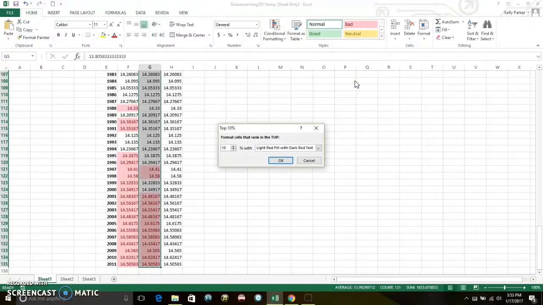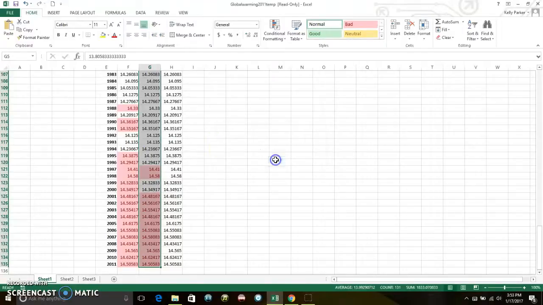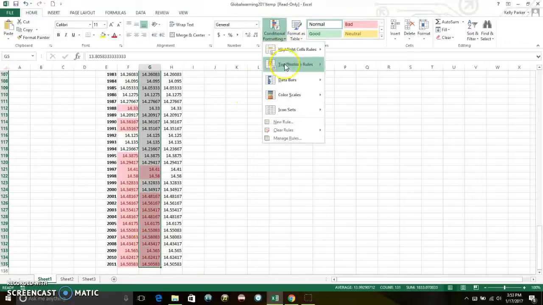Top 10%, let's do that first. 10% is correct right over here and we want it in red, so perfect. Let's hit OK. So again, you can see over here that our top 10% of temperatures are in the later years. Looks like year 1997 and later. So now let's go ahead and get our bottom 10%,